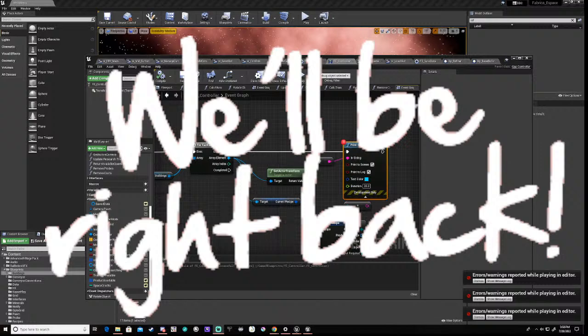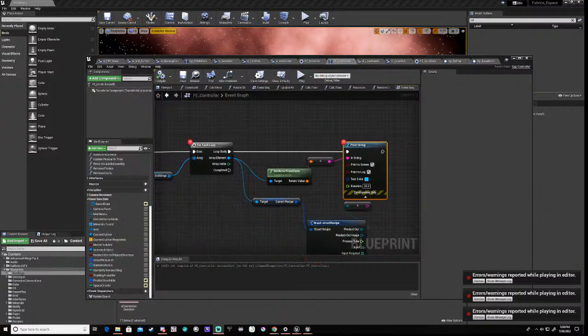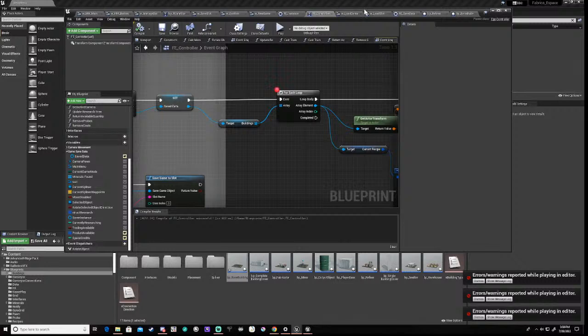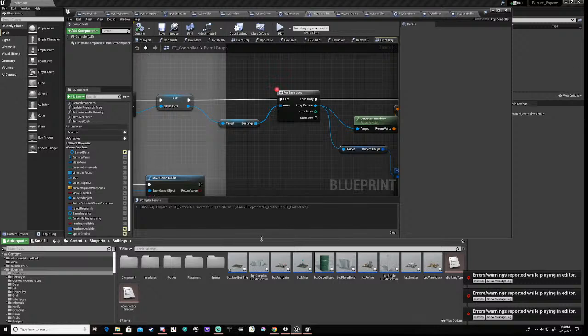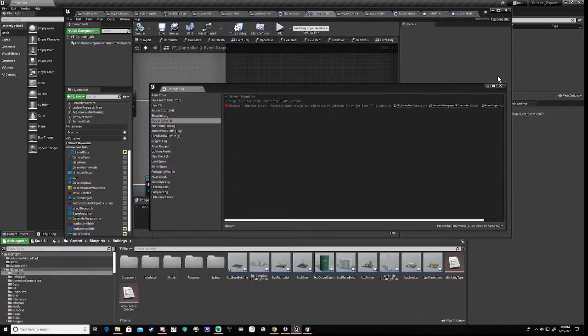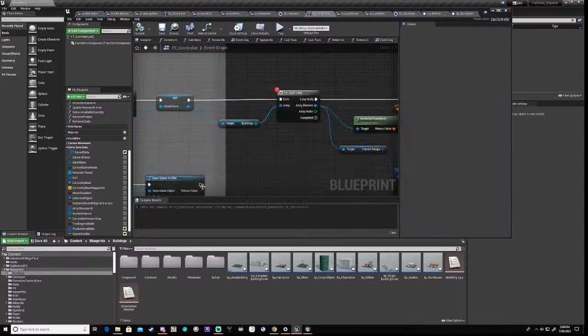Okay, we are back, and we've had a thought. What if the save game does not store the object, but it stores a reference? Now, this might be the wrong way. I'm really wanting to go and have a read, but I don't want to do that on stream, obviously. So what I'm going to try is, in our save game